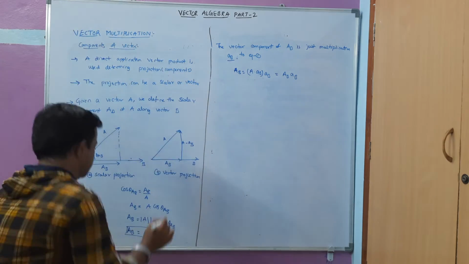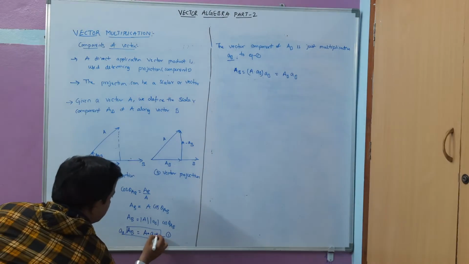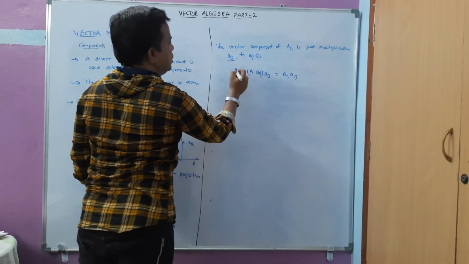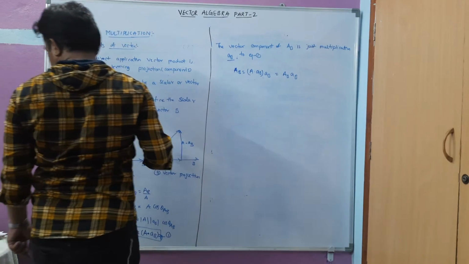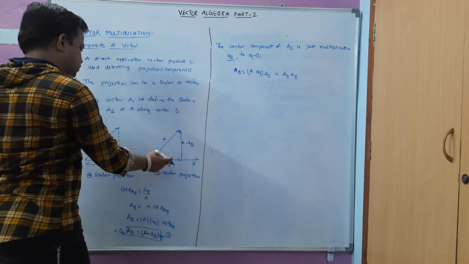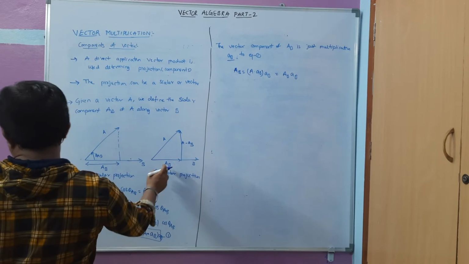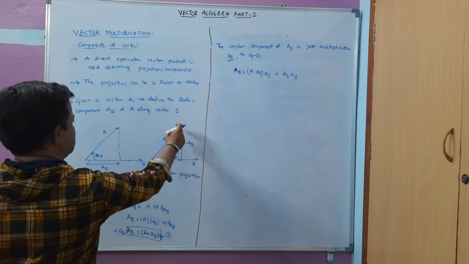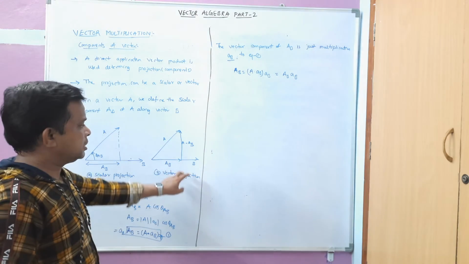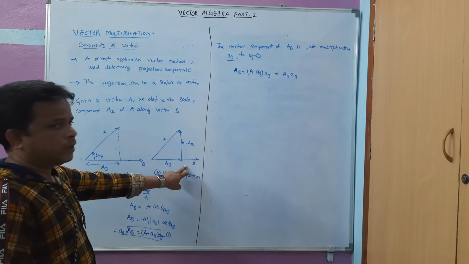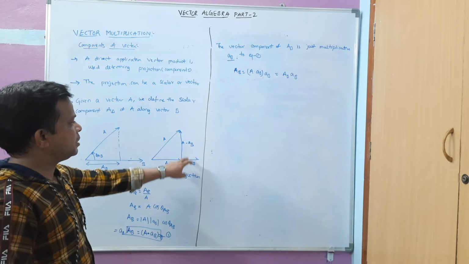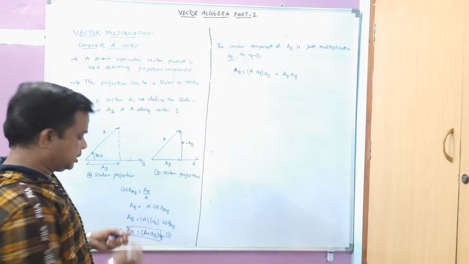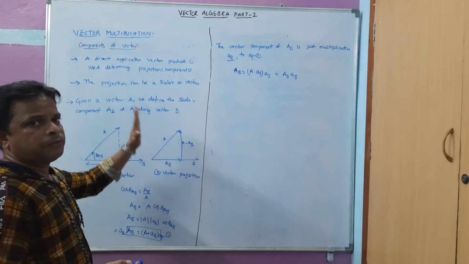Okay, on this equation 1, here I will get AB, so this will give me the result of AB. Okay, this is the vector projection. Here we can see one vector component is resolved into two orthogonal components: one is parallel to B, another one is perpendicular to B. So the vector projection we are going to get is along two vectors, one along the B vector and another along the perpendicular to it. So these are the two projections, or components, of one vector over the other.